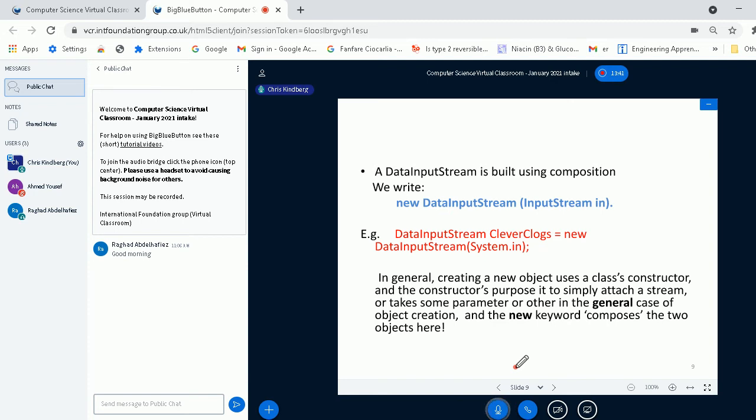So what I want to give you is a little example about a data input stream, which is built using composition with an input stream.